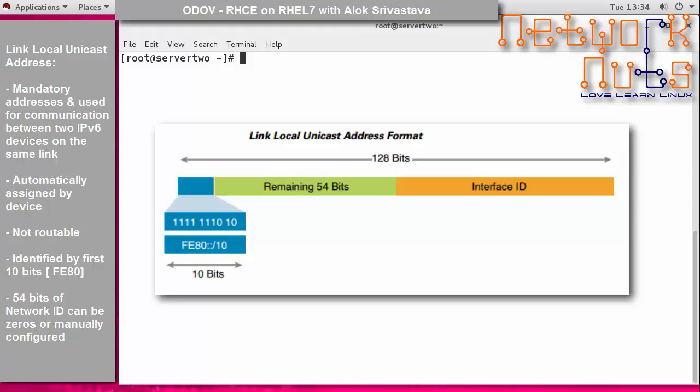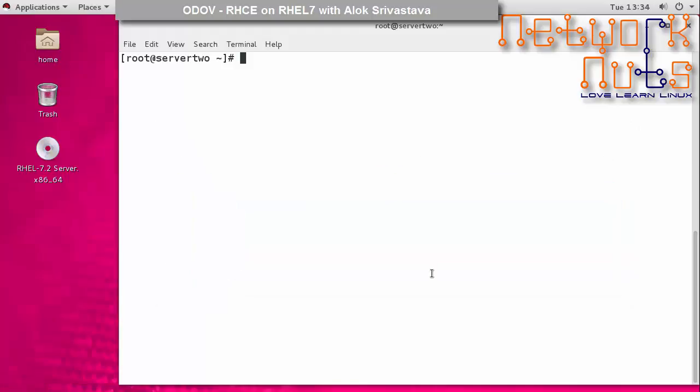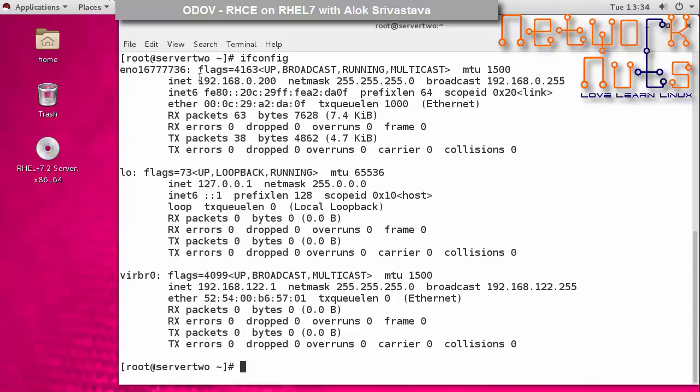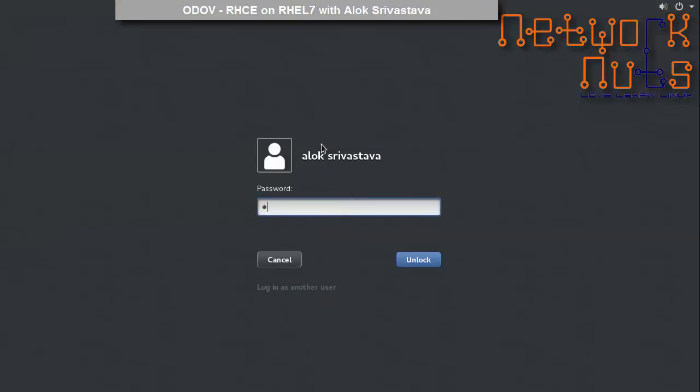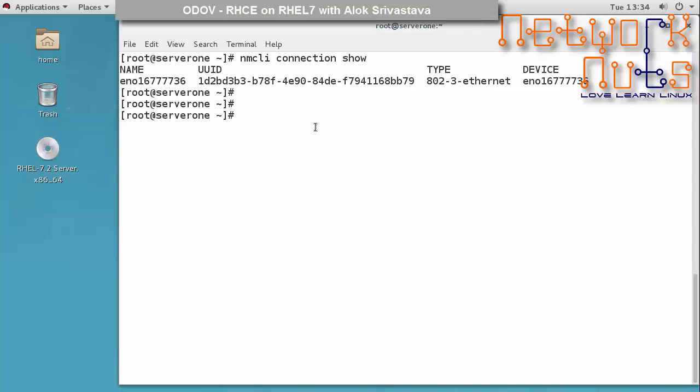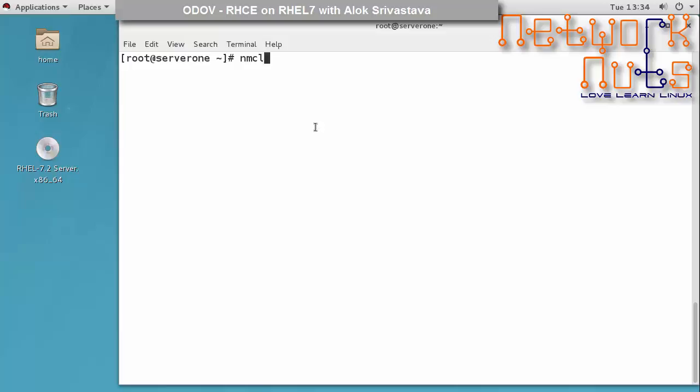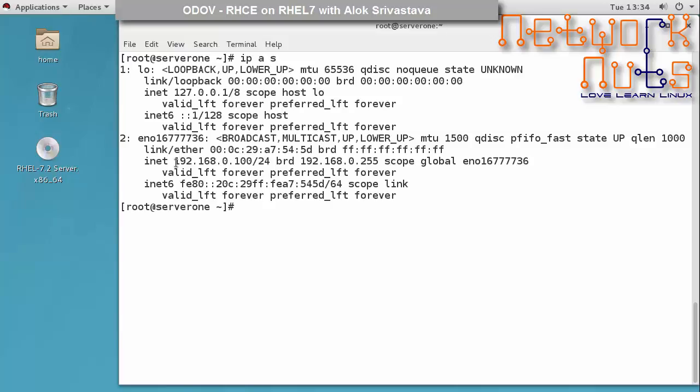So once we have understood this, let's move on to configuring an IPv6 address, and it is an important topic from the examination perspective also. So if I show you this, I have one IPv4 address coming up here, right? I've got two machines here. One is our old trusted VT1. So if I show you ip address show, I've got one IPv4 address